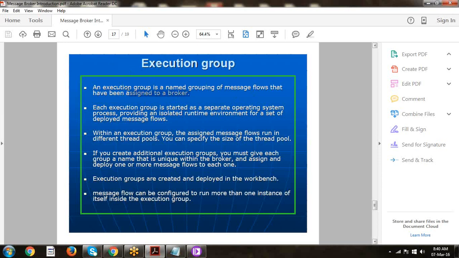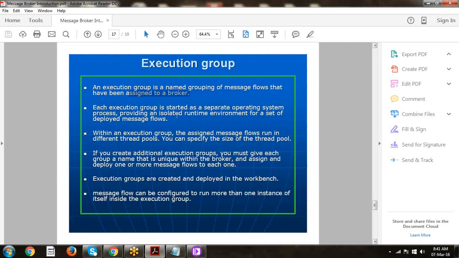So if you want a specific execution group for each flow, you can create one. For a broker we have to assign only one queue manager, and on a single broker we can create a number of execution groups, according to the business scenario.